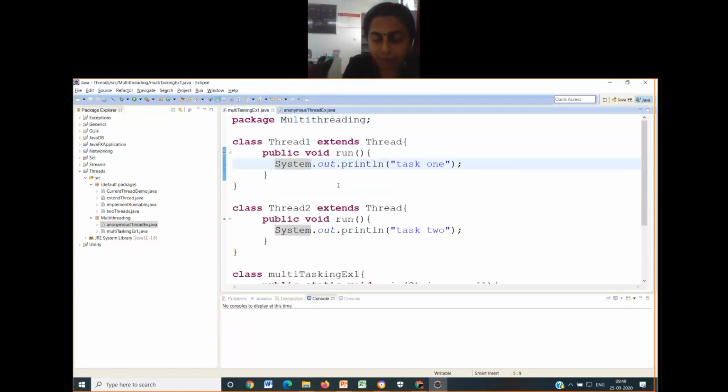Take down: write a Java program to create two different tasks, using two different thread classes.